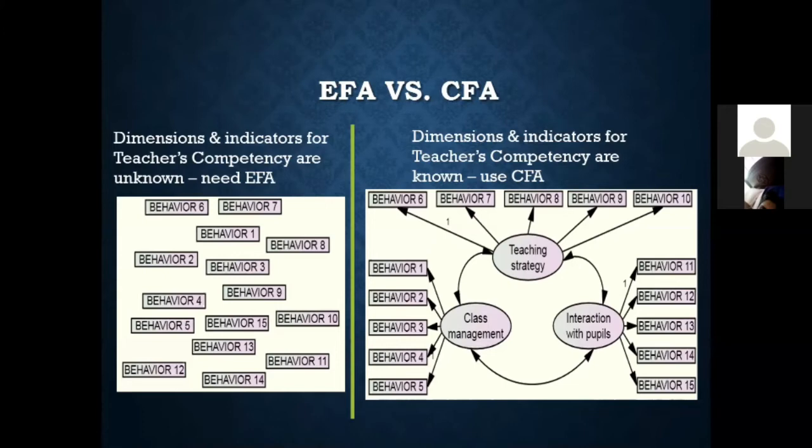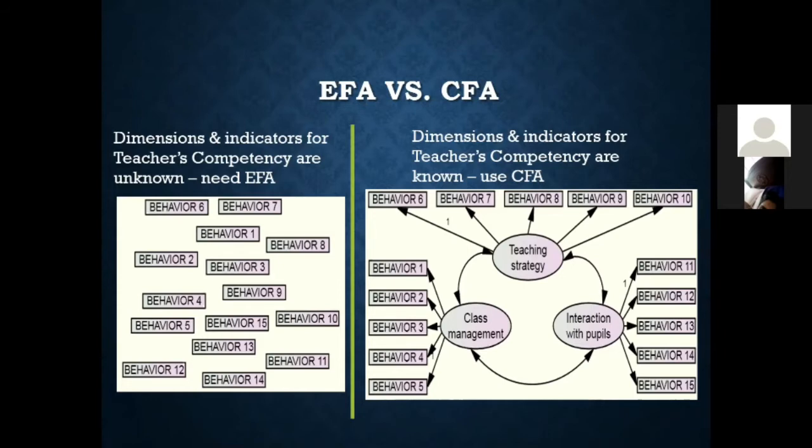There are specific sample size calculations, but I don't want to touch on that because it is too detailed. But at least 200 for CFA. EFA can be analyzed using SPSS, but CFA cannot. We need to use other types of software. For instance, there are two types of structural equation modeling. The first one is covariance-based structural equation modeling. This type uses a specific algorithm, which is covariance-based or maximum likelihood, they call it. Another one is